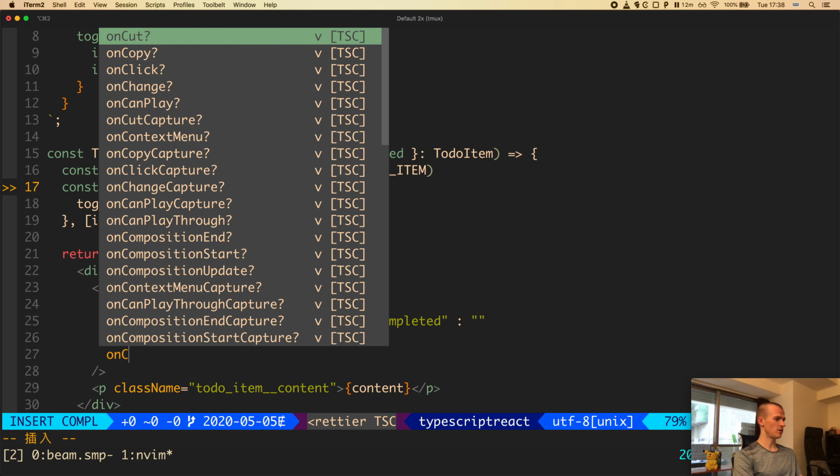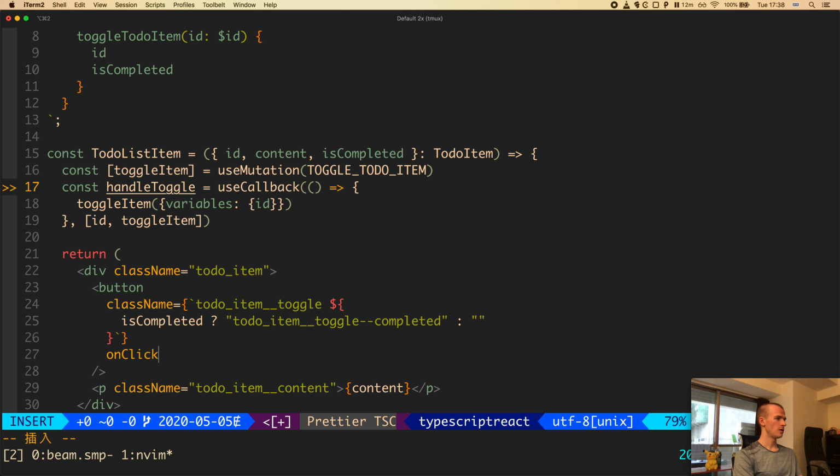So let's say onClick equals handleToggle,